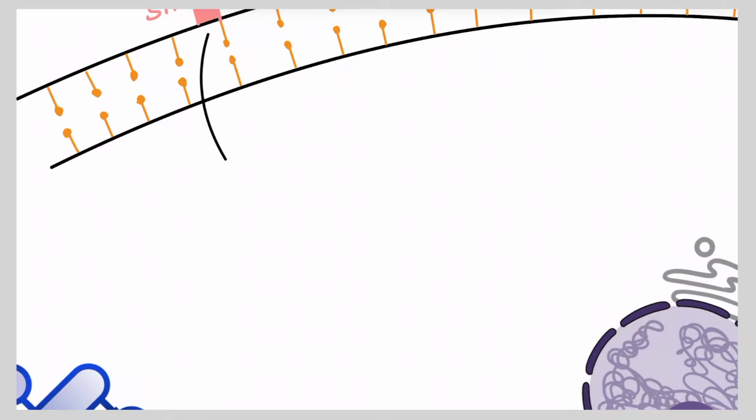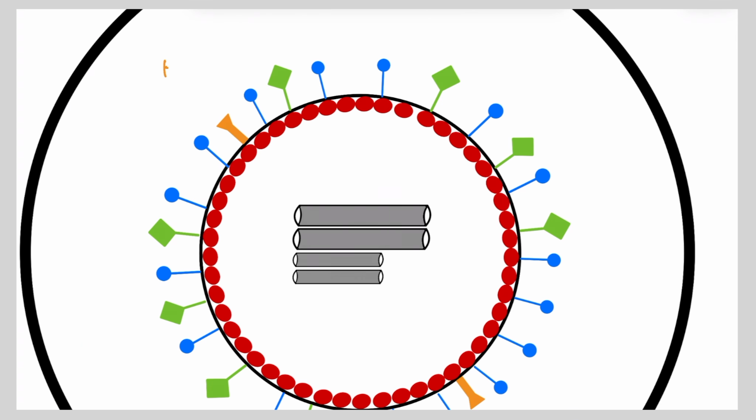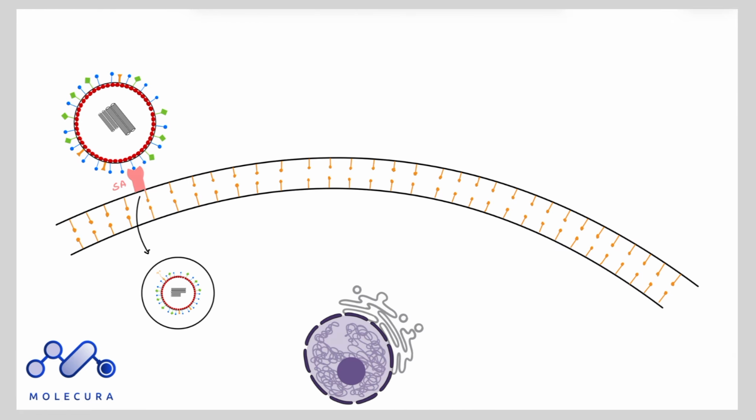So what happens, there is going to be an endocytosis happening here, and the virus is going to make its way inside the cell. Once inside the cell, the virus is going to be inside an endosome, which is covered by the lipid bilayer. So the virus is going to be inside this structure. At this point, the release of the virus genetic material is going to be mediated through the influx of protons. So there will be an influx of protons through this M2 channel, and this M2 channel is going to cause acidification of the endosome, and this will result in the release of the viral nucleocapsid and the viral genetic material